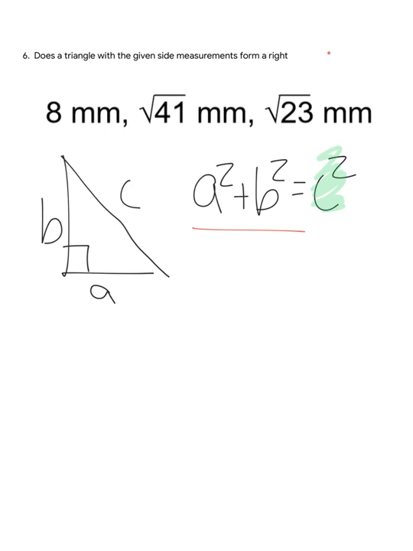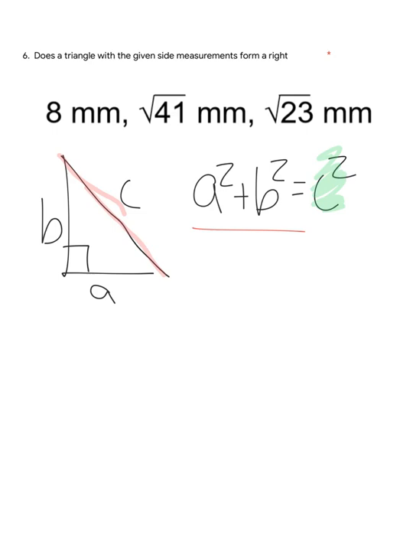Now, in order to use the converse of the Pythagorean theorem, we have to identify what's A, what's B, and what's C. And at the start of the problem, we have to do a little thinking in order to decide that. If you remember, the hypotenuse is always the longest side, so C is always the longest side. So once we identify which of these three numbers is the longest, we can identify that as C. Now, we know obviously 8 is 8 millimeters, but we're looking at